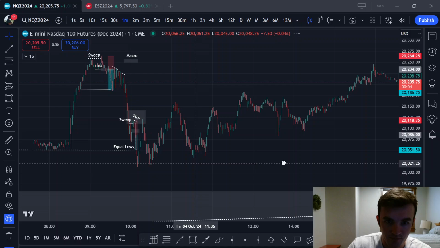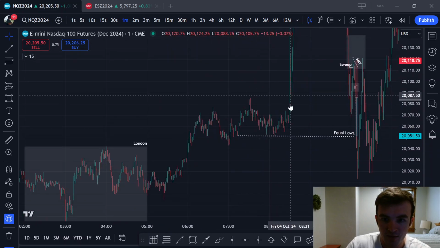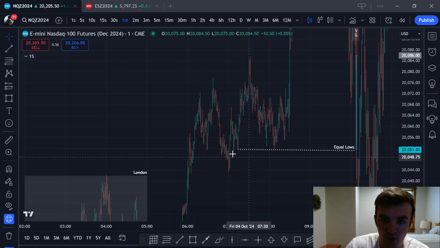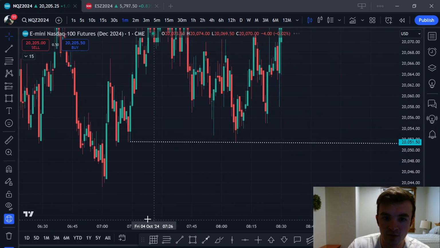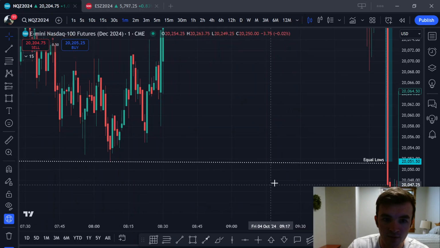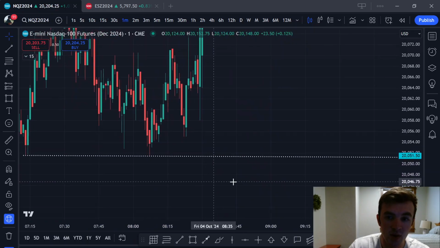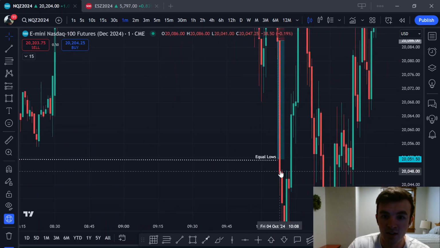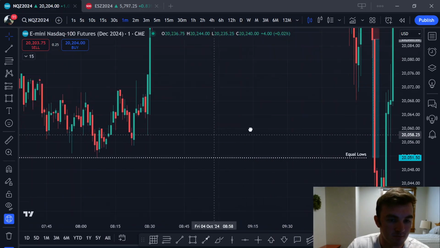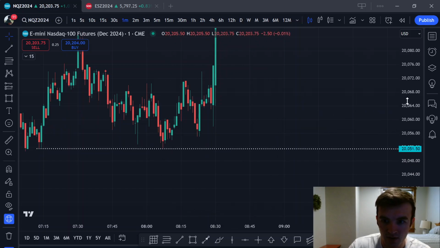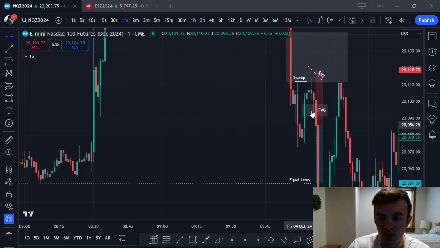Right before we had this push higher, we had equal lows form right here. And these equal lows were relatively far apart. Unfortunately, I did not see these relatively equal lows right away. Otherwise, I would have been instantly super cautious and aware that we were probably going to go take those out at some point. But I didn't see those until way later when I took this trade.